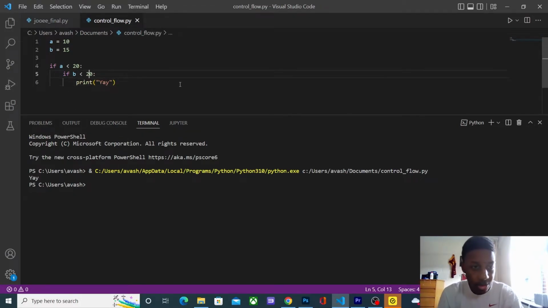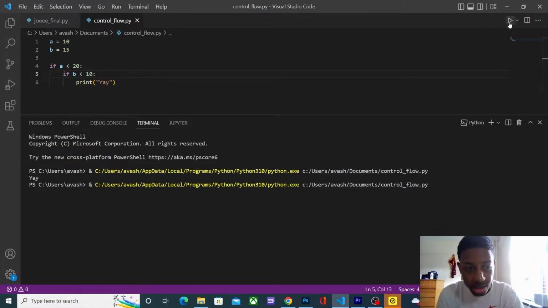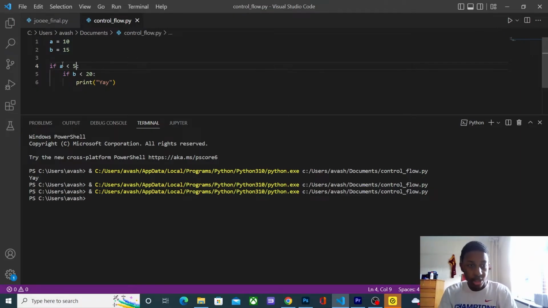And we can see that if we say if b is less than, let's say, 10, so now this is false, it's not going to print anything. The same thing, if this is true but this is false, then it's not going to print anything as well. So if both of these are true, it's going to print yay. Okay,